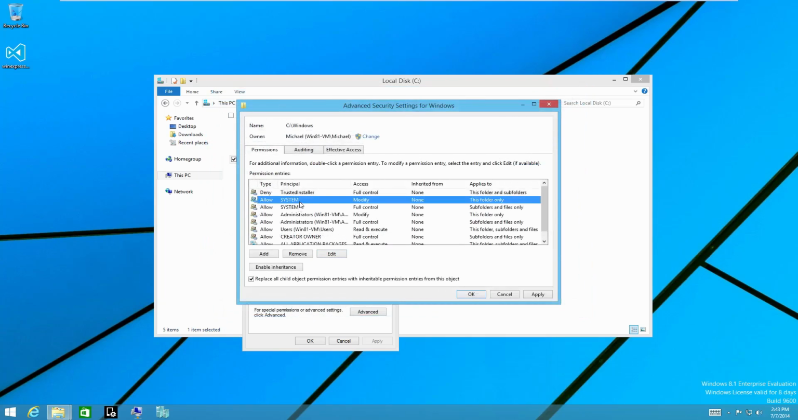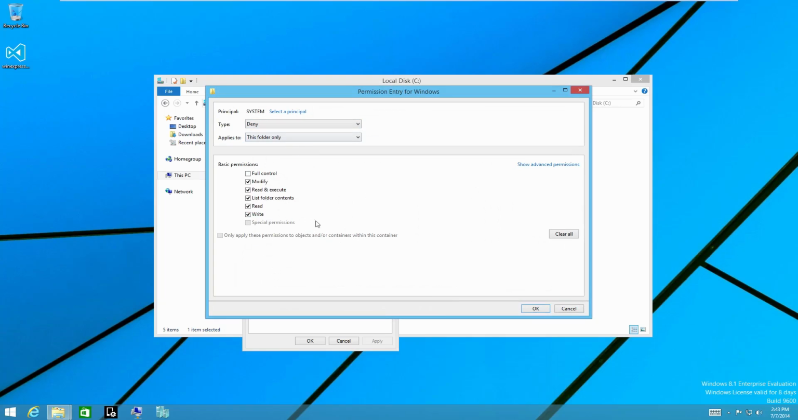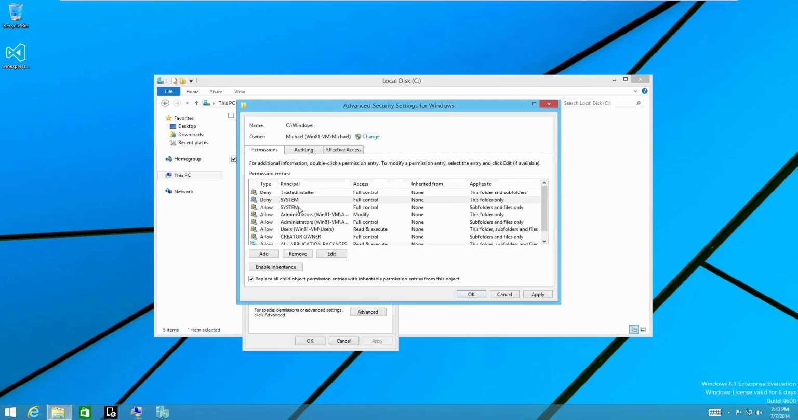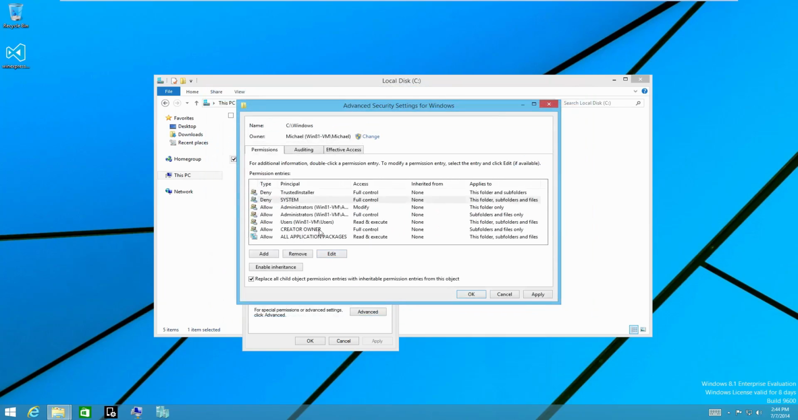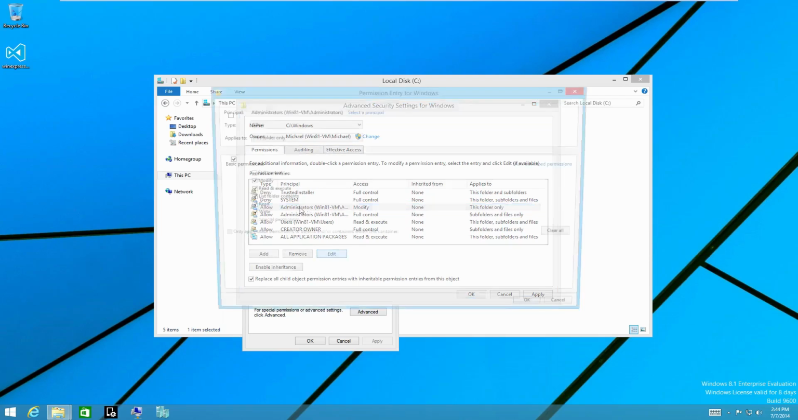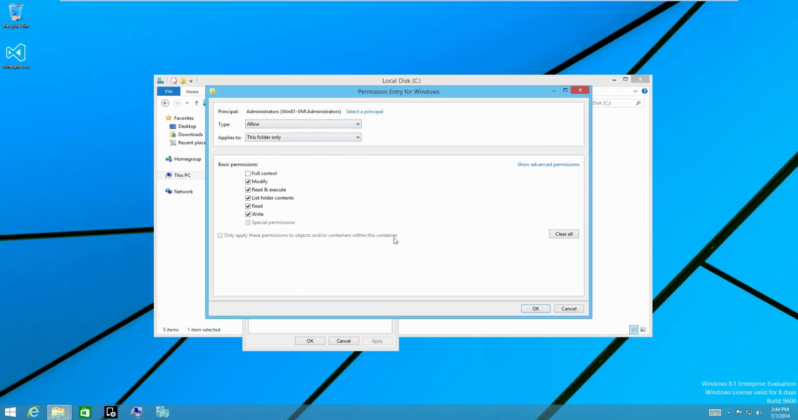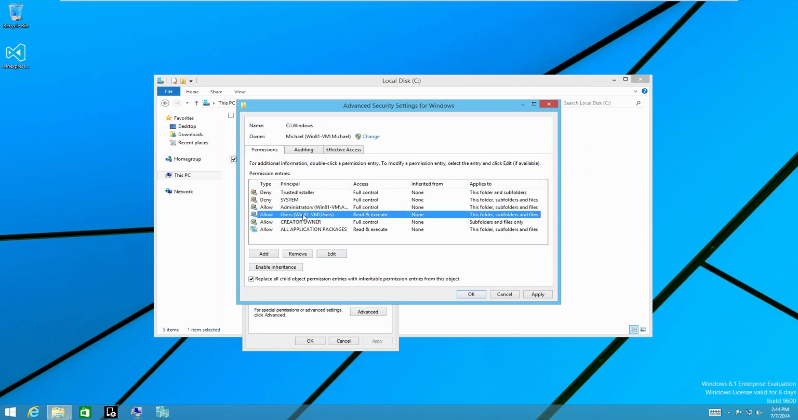And we're going to change system to do the same thing. So we go to edit, and we'll deny full control. Then we have another system entry, so we have to deny full control there too. Then for the administrators, we want to edit and allow full control, on this folder, subfolders, and files. And I might have to change that on the system one too. So if we hit apply,